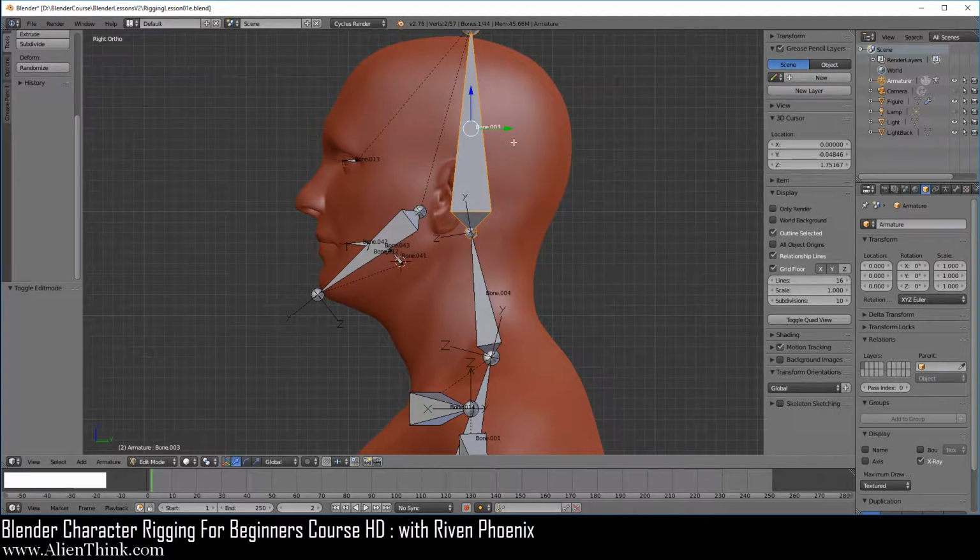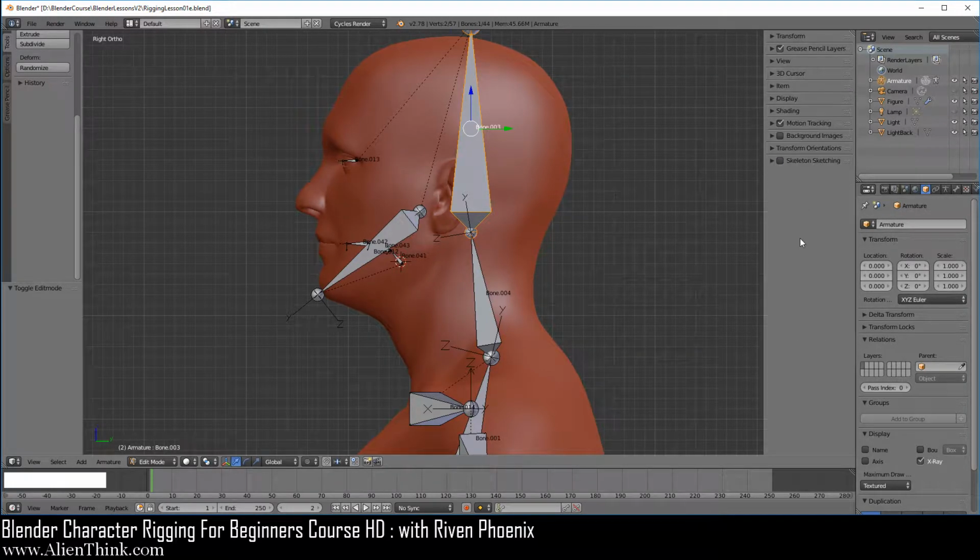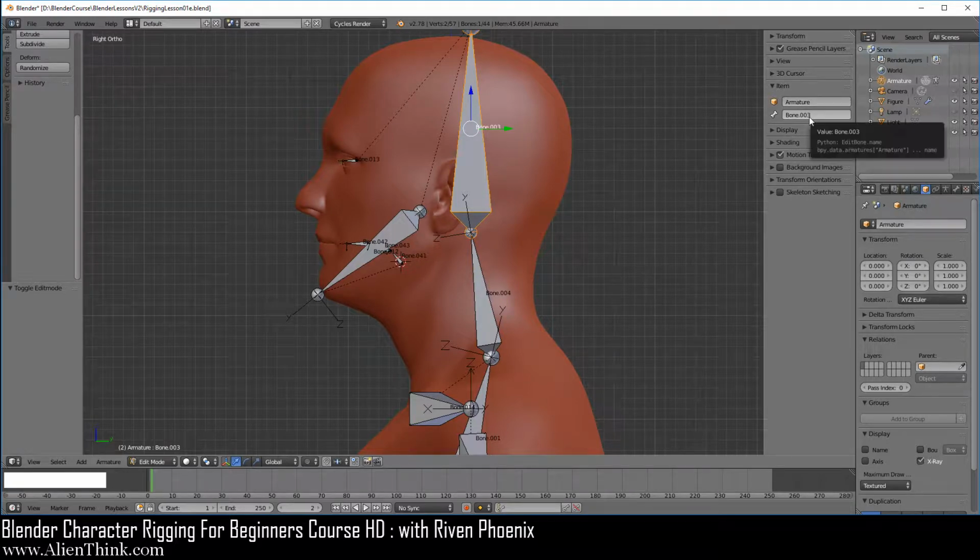Now, in order to rename these bones, what you need to do is actually open up the items panel. So here I'm just going to click this and press the left mouse button down and drag my mouse down to close this up and open this up over here. So you can see that here the bone is saying that it belongs to the armature and this is the name of the bone. So you're going to be clicking inside over here to name the bone.